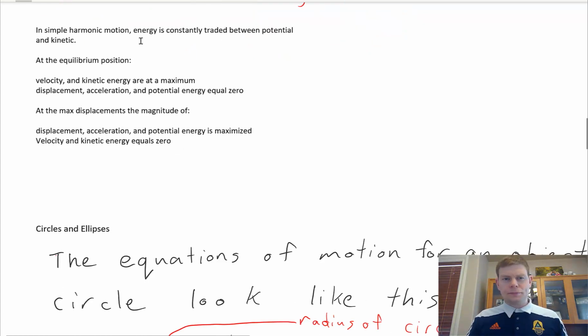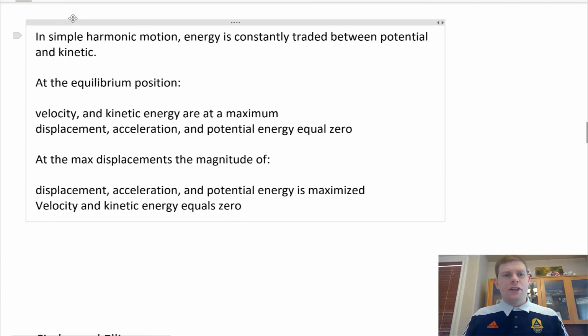Moving along. This kind of stuff comes up a lot in questions. So simple harmonic motion, we're talking about undampened simple harmonic motion. You won't need to know about dampened. For undampened, your energy is just staying constant. You've got potential turning to kinetic and back again. That's the basic idea. So at your equilibrium position, whether it's a pendulum or a mass spring system,